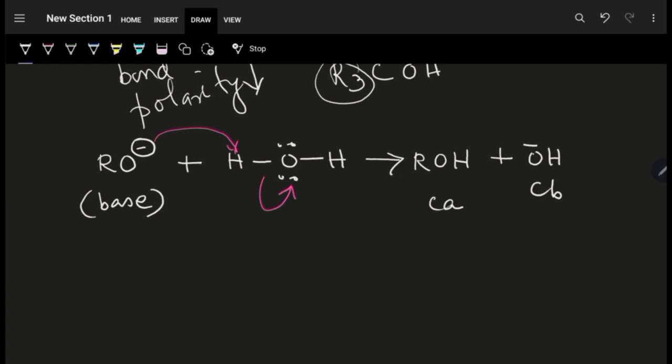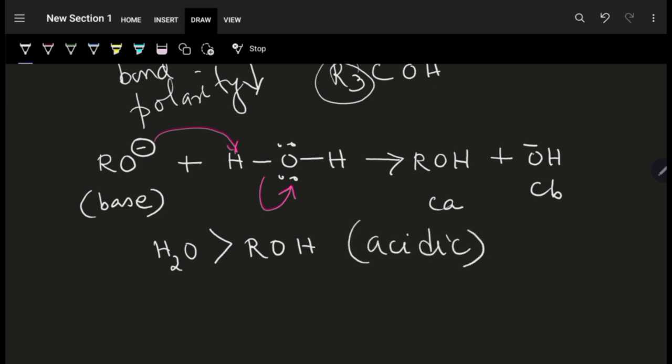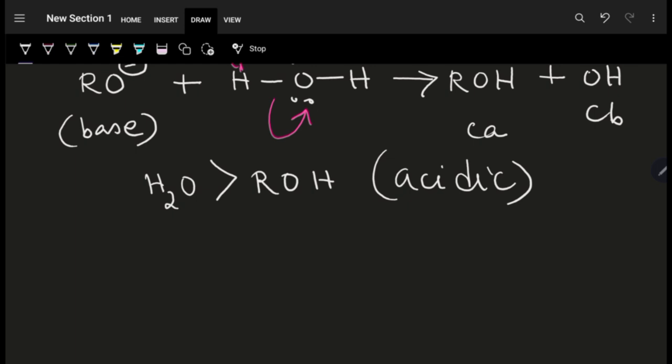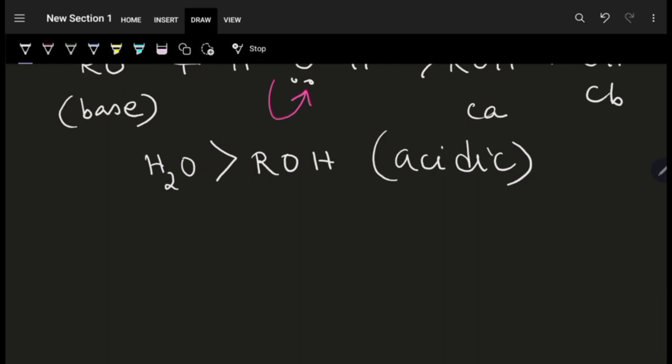So we can see that water is a better proton donor. And so we can say that H2O has greater acidity than ROH. This is the acidic order. So for that reason, when you do the practicals related to organic functional groups in your class 12, or maybe you have done, there you have realized that to litmus, alcohols are considered to be neutral. Why? Because its acidic nature is so weak that even water can be considered a better proton donor than the alcohols.